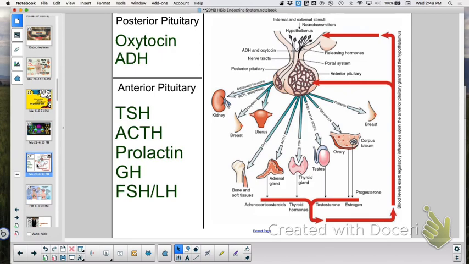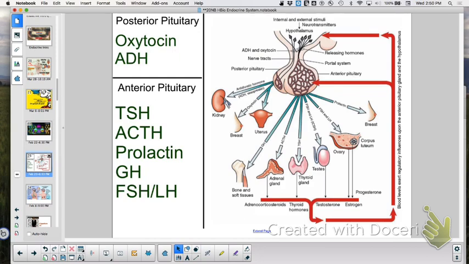So what happens with the double set of capillaries here is the hypothalamus secretes releasing hormones, and then the pituitary will secrete, triggered by those releasing hormones, stimulating hormones. So these are all stimulating hormones. TSH stimulates the thyroid gland, right? ACTH stands for adrenocorticotropic hormone. Adrenal cortex, what do you hear in that? That's what it stimulates.